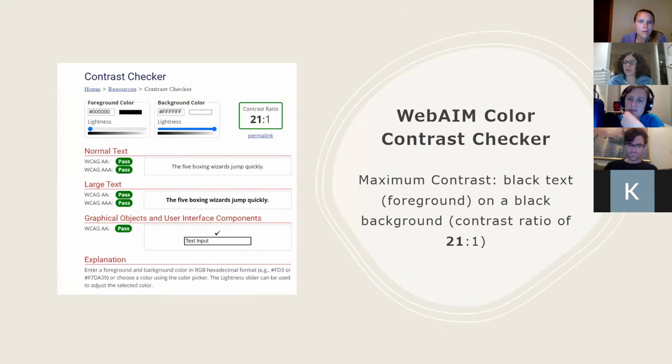When you're working with WCAG, and this is going to be the website that I'm going to share with you in a moment, it requires a contrast of 4.5 to 1, or a 3 to 1 for large text, such as a big bold heading. And large text here is defined as 18 points or larger, or 14 and larger if it's bolded, right? And in order to do the color contrast test, we need the RGB values,